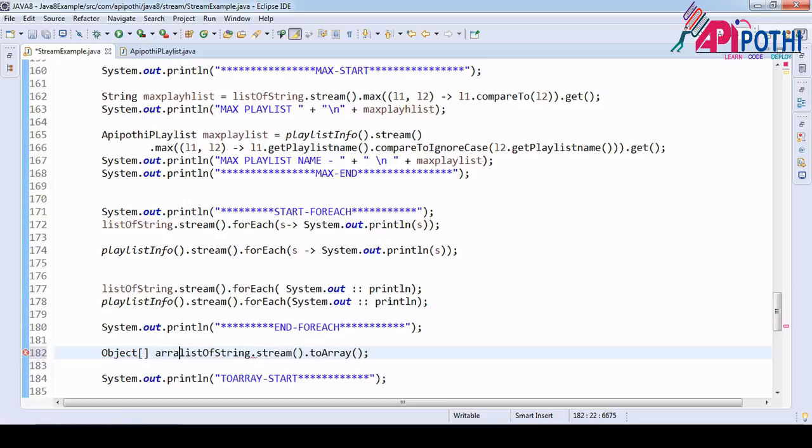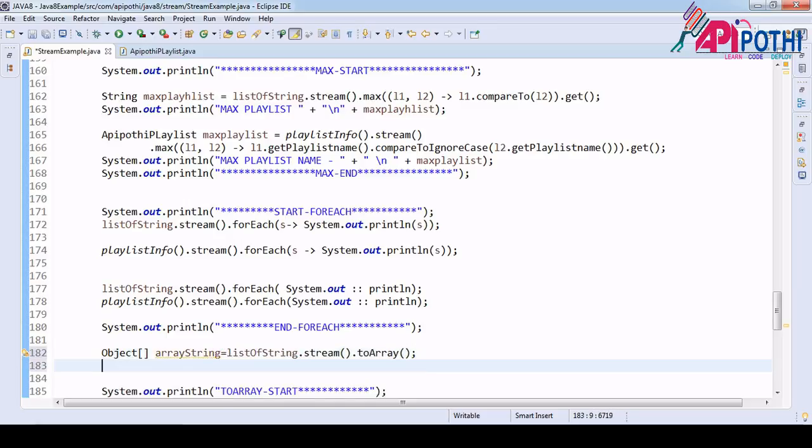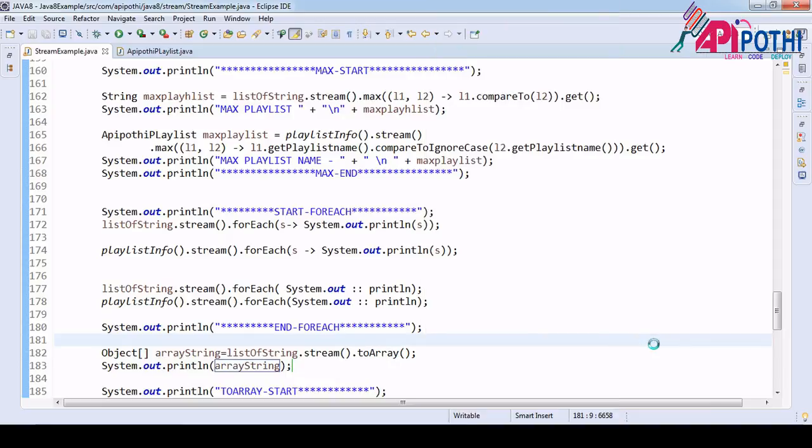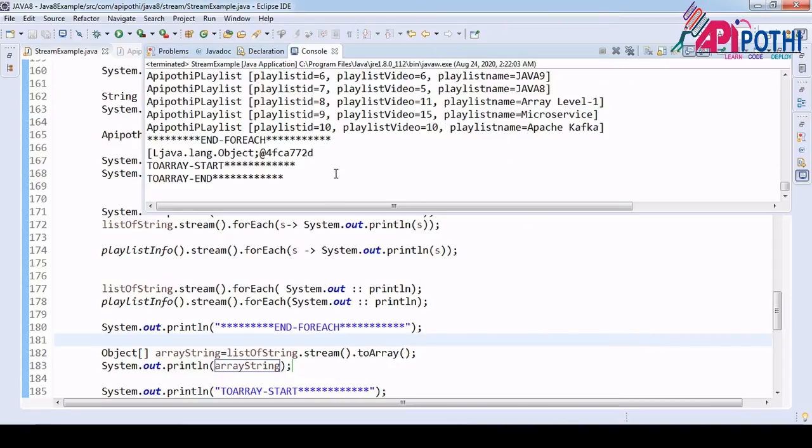So array, string, fine. Now if you run as Java application, you will see the same. See, toArray start, toArray end. Here is the object, right?